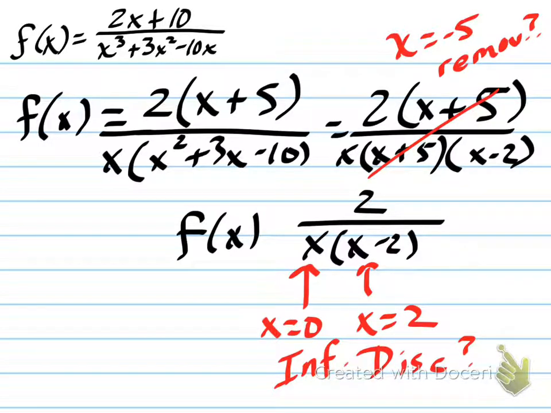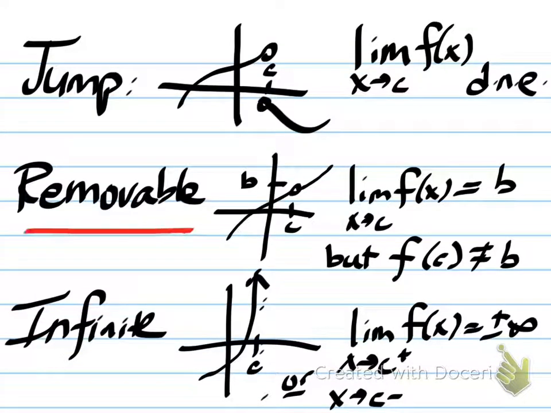So all I've done so far is to take the original function, factor it, and have a critical eye as to what it is I'm removing if I do remove something, and what it is I'm left with once I have factored it completely. So now to justify our classifications. Is x equals negative 5 really a removable discontinuity? Let's find out. Remember, removal occurs when the limit exists, but the function is not actually equal to a value